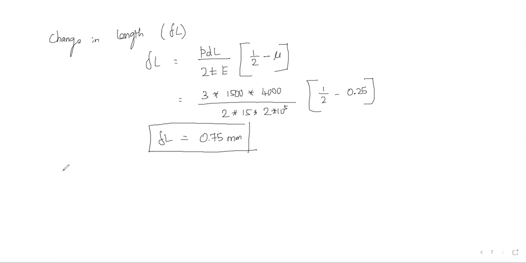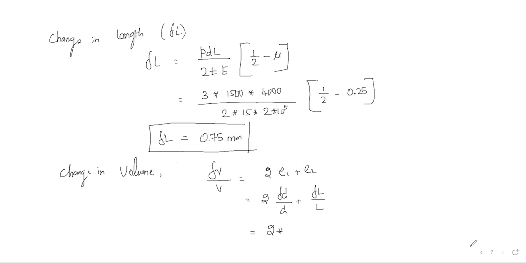So change in volume. Here we are going to use the formula del V by V is equal to 2 into e1 plus e2, where e1 is equal to del D by D and e2 is nothing but del L by L. So if I am going to substitute this, 2 into del D value is 0.984 mm, divided by D is 1500, plus del L 0.75 divided by 4000 mm. So if I'm going to substitute this,